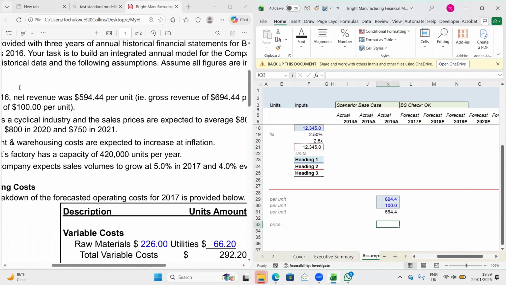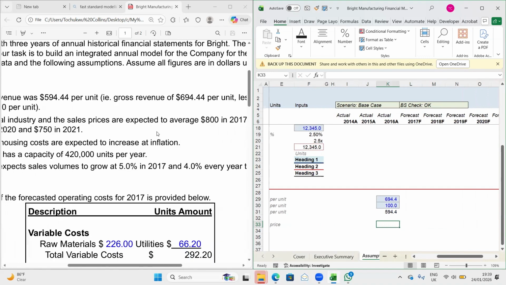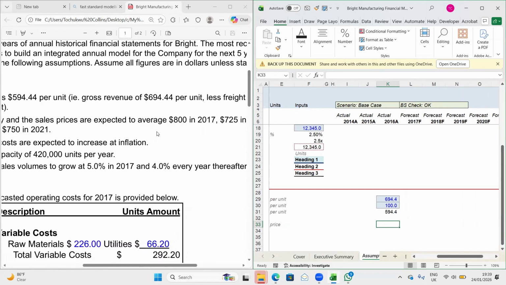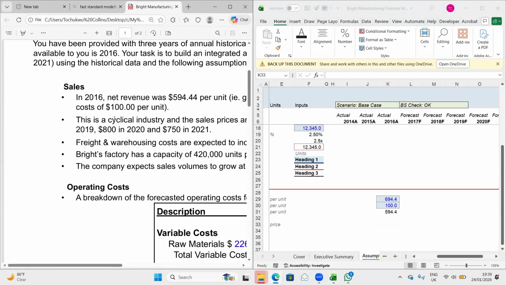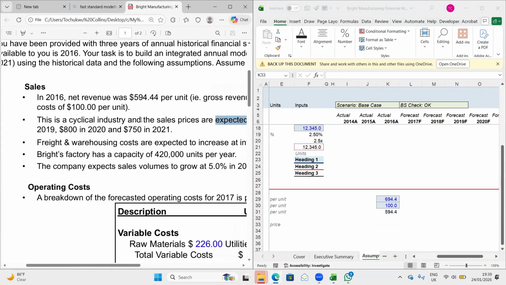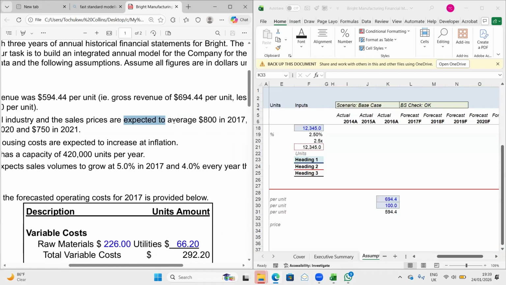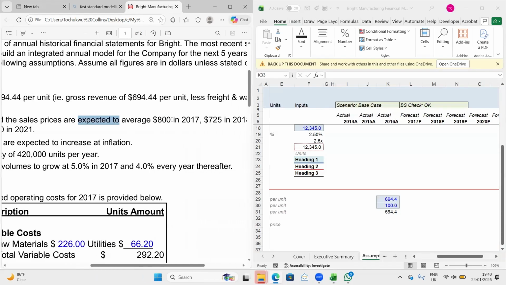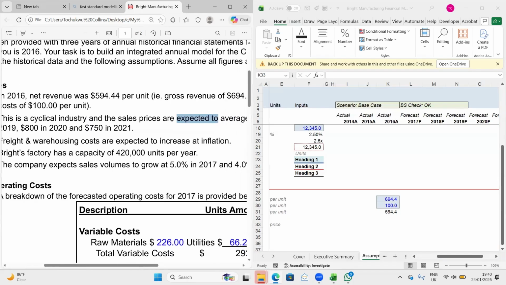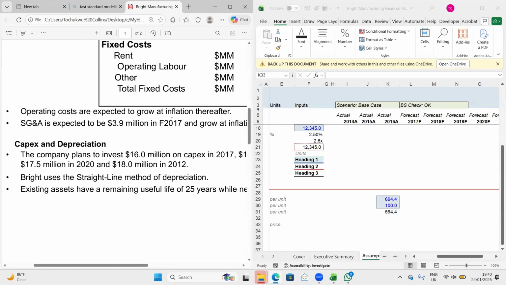So we have, in 2017, 800. So these are expectations. They are not sure. Remember, cyclical industry means prices change from time to time, right? So we are going to make assumptions on this. When we go to this aspect of the case study,